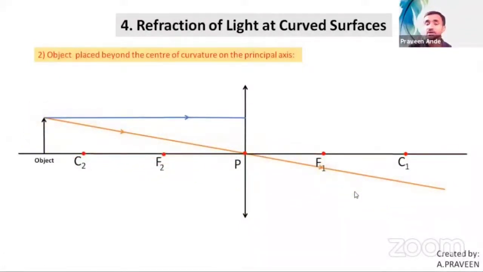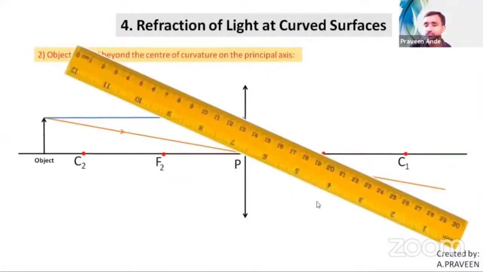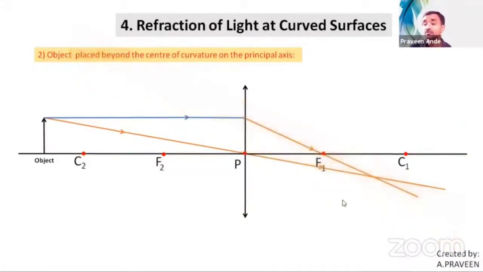Next, trace the path of the refracted light ray for that parallel ray after the refraction. We know the behavior of the ray which is parallel to the principal axis: it meets the focus after its refraction. So join them as you see here using the scale. Then just complete it, extend that. To find the converging point of the refracted light rays, I have drawn a perpendicular line onto the principal axis from the converging point of the refracted light rays. So this is the image height.